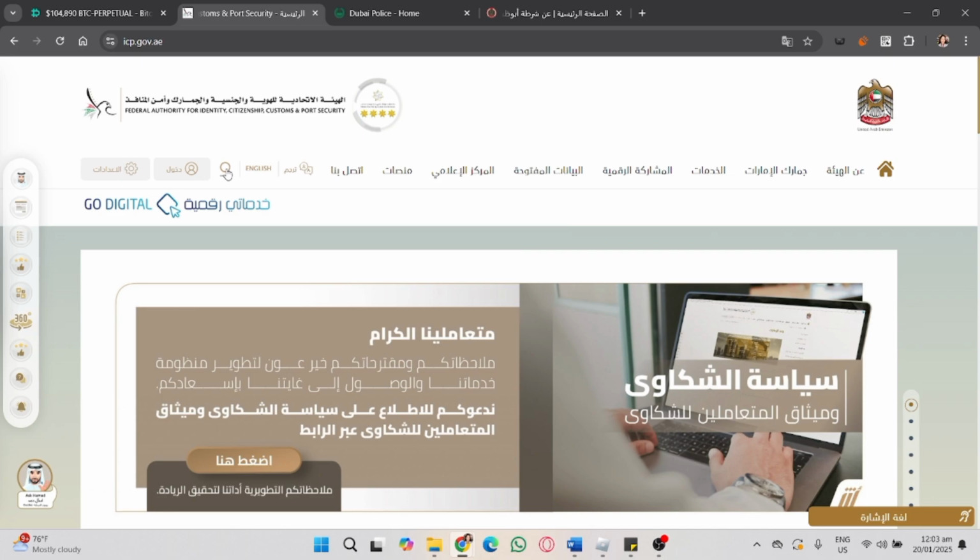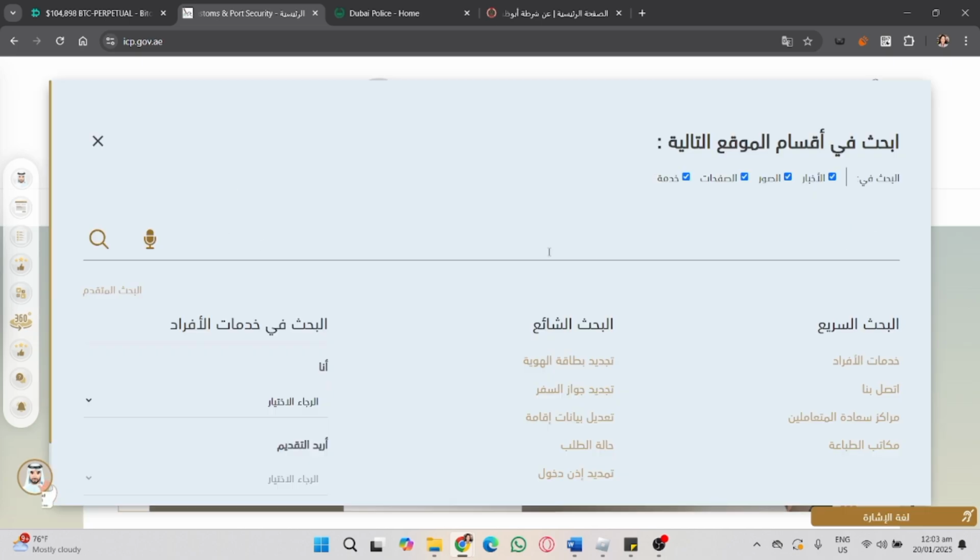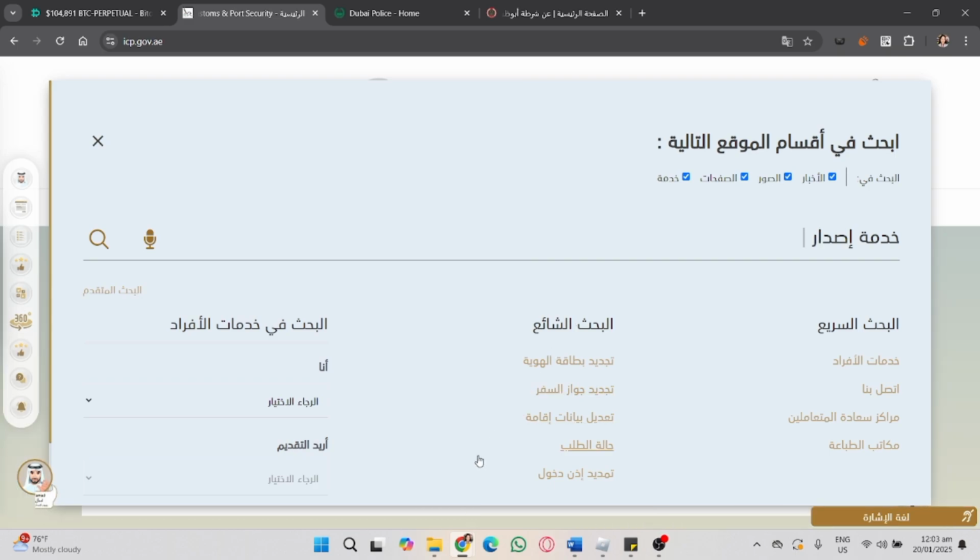So enter your Emirates ID details. Look for the option fine inquiry or use the search bar, and then enter your Emirates ID number for general government fines. If you are on the traffic fines, enter your license plate number, or if you are on immigration fines, just enter your visa or passport number. And after that, enter your Emirates ID number and complete the CAPTCHA verification, and then click search or submit to